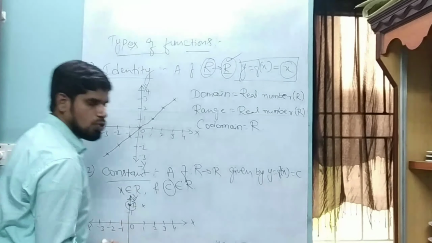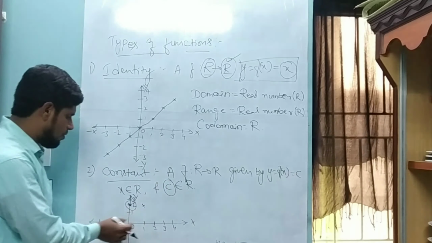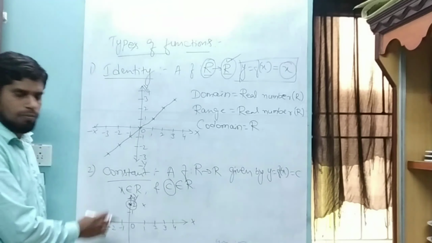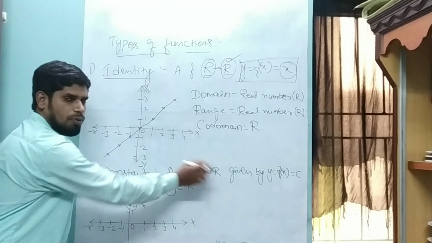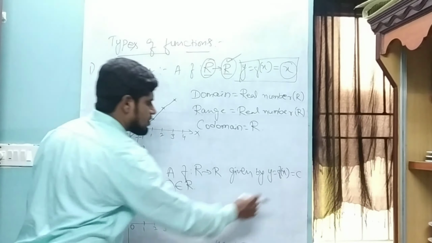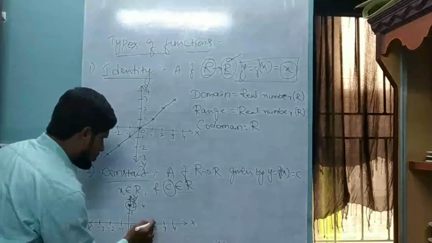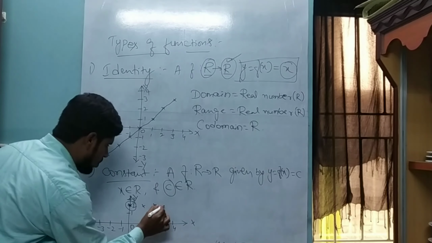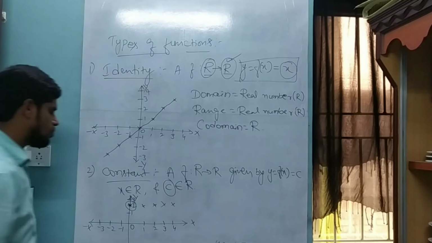Why is it always 2? Because I fixed 2 as the value of c. If you want, you can take 3, you can take 1, or you can take negative values also. But whatever number you fix for this c, that will always be the output. Next, if I put x equals 2 in this function, it is 2. If I put x equals 3, then also the output is 2 only. If I put x equals 4, then also it is 2.